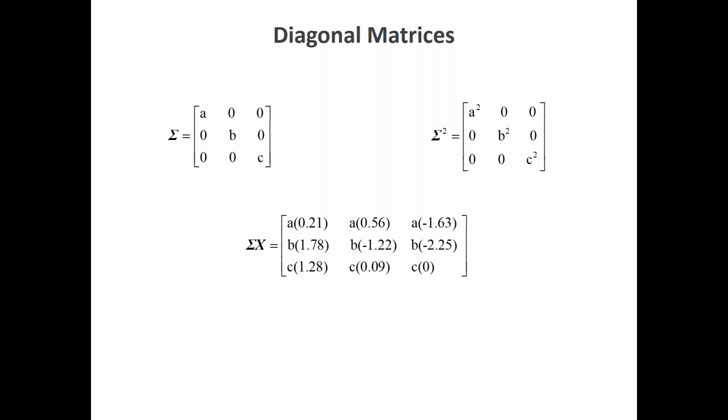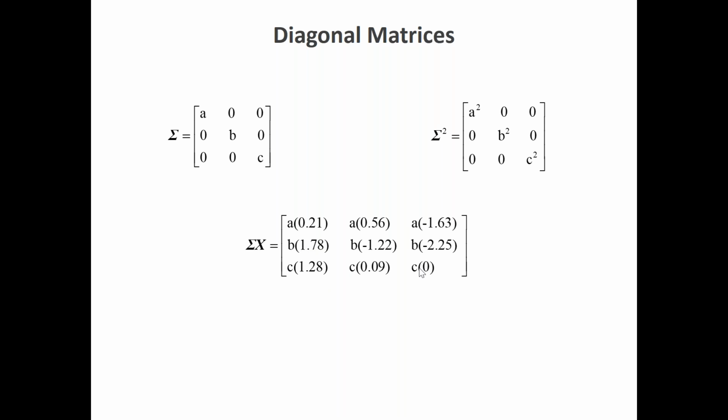And also it's very simple to see what the product does in this case, because if you pre-multiply a matrix X by a diagonal matrix, then you simply give some weights to the rows. The first element of the diagonal matrix becomes a weight that you give to the first row, for example, the first time series. We are going to use this operation again. That's why I'm talking about that. The second element of the diagonal matrix multiplies all of the second time series. So it is just a scaling factor or a weight, whatever you want to call it.